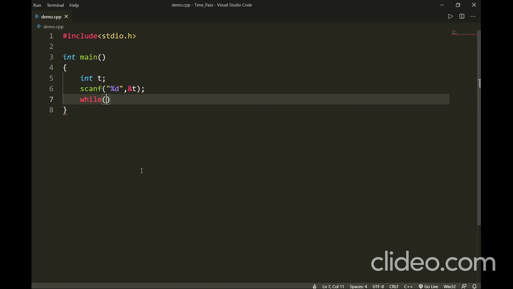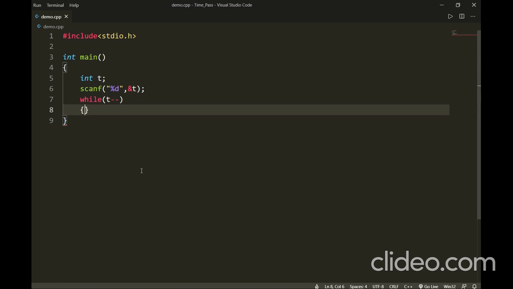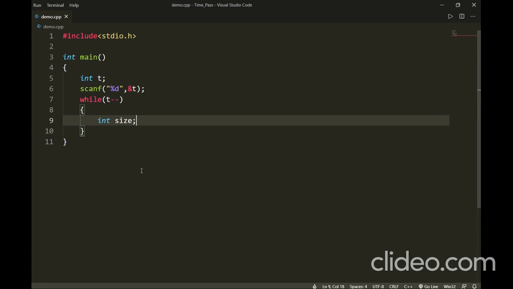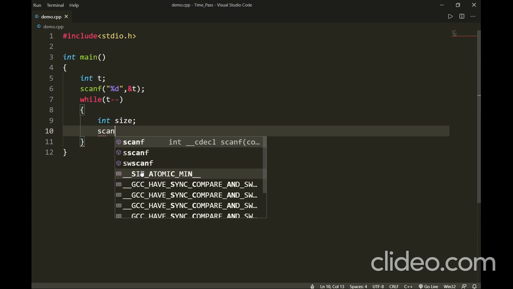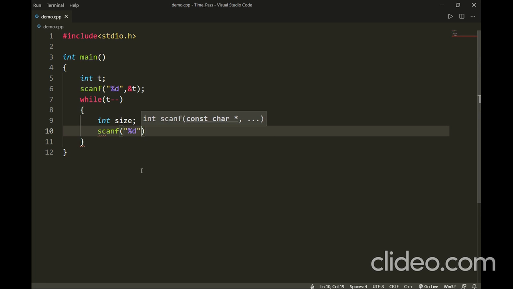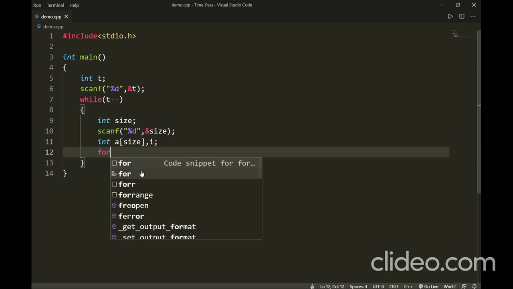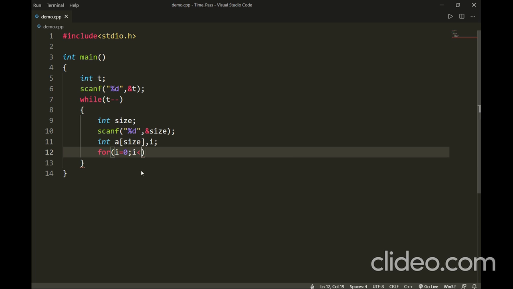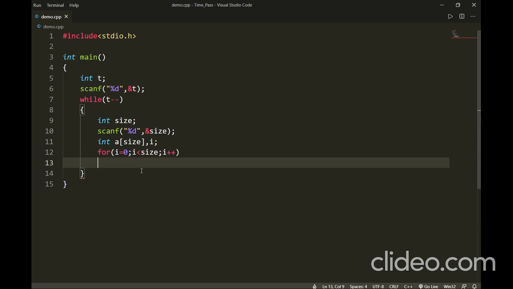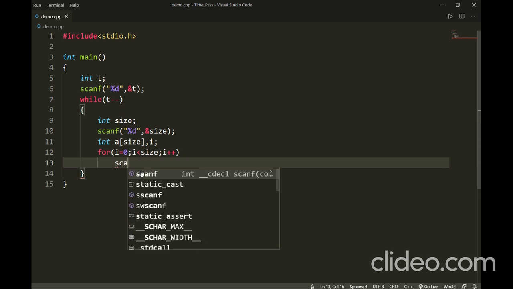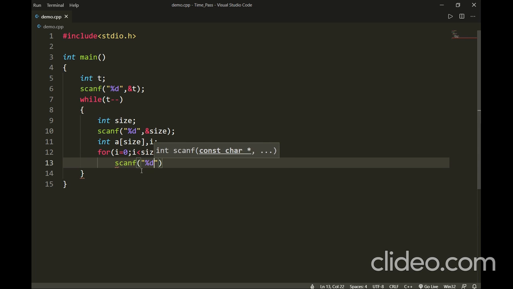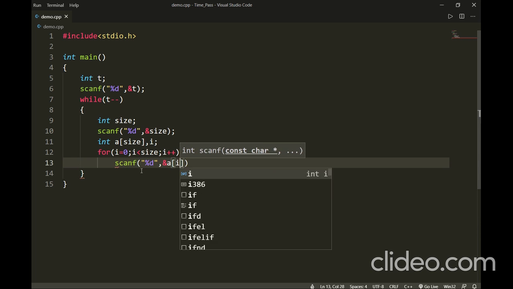Now while t minus minus, first I'll accept the size, int size, scanf percentage d ampersand size. Then I will declare int a of size. Now for I equal to 0, I less than size, I plus plus, scanf percentage d comma ampersand of a of I.